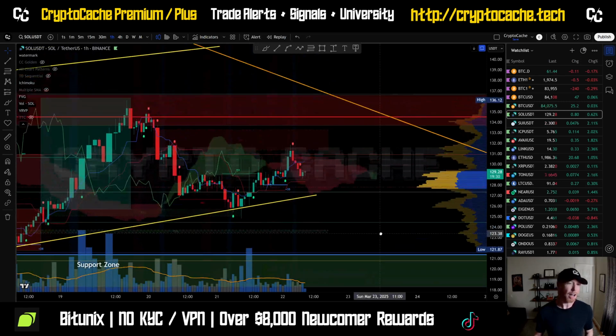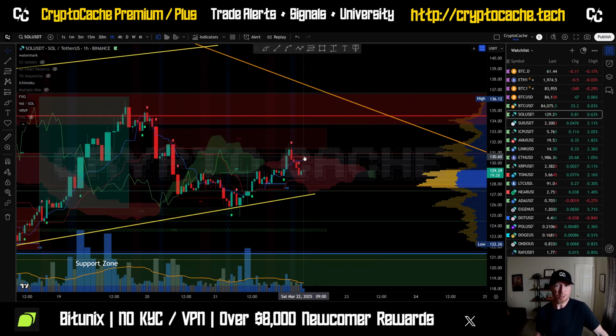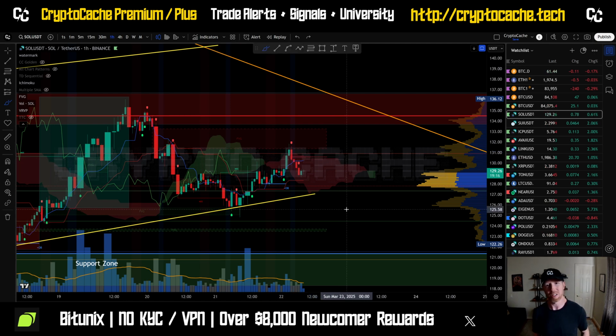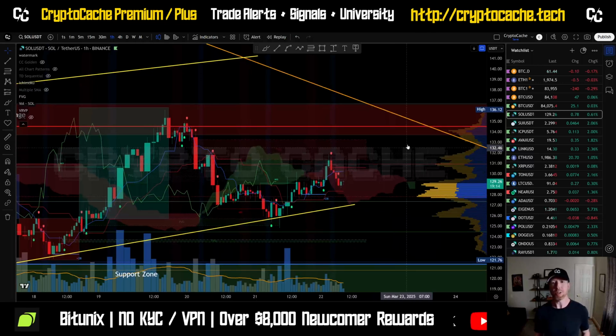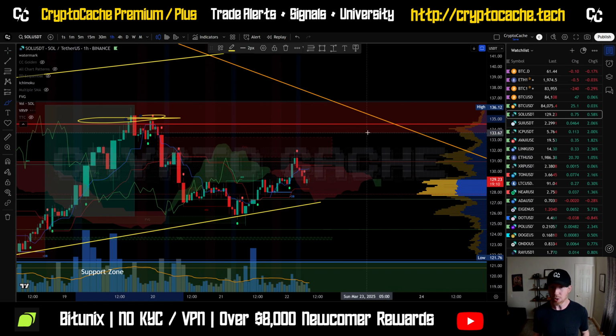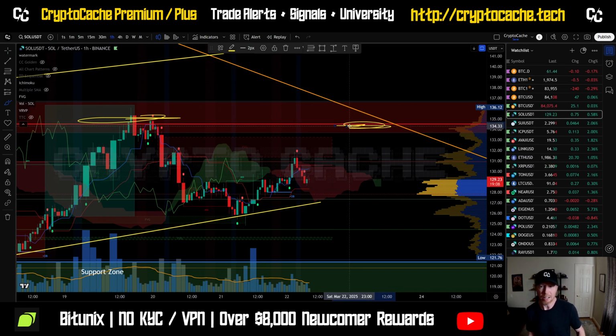When we look at the Ichimoku cloud on the hourly, there's some positive, good momentum. Lagging span's free and clear, but we're still within the cloud and haven't broken above. So once more, a close above 130 could incentivize further upside. But between now and then, low volume on a weekend, I don't really trust it. Not really worthwhile. I'm still leaning more towards a short in the previous high zone, basically the local high,